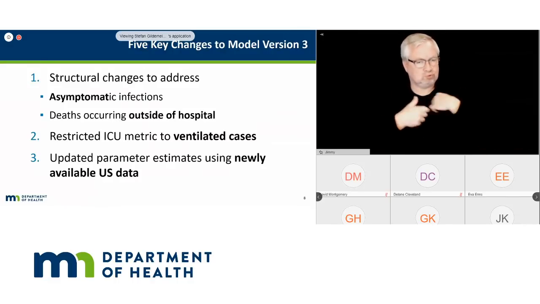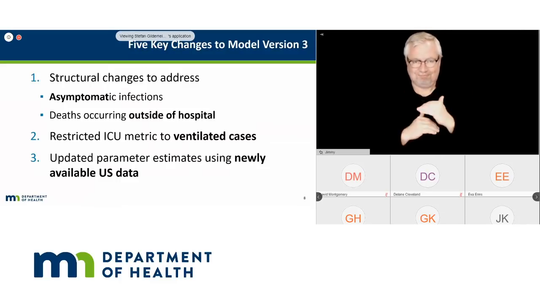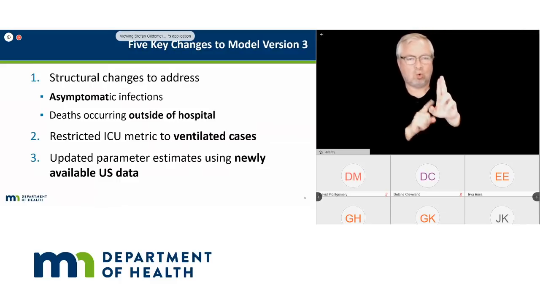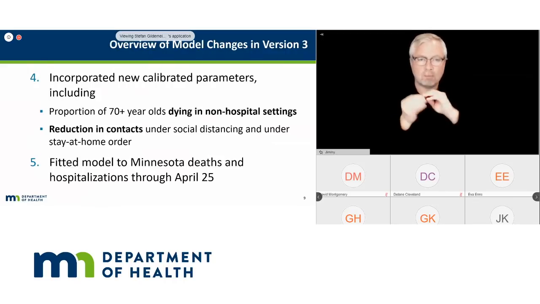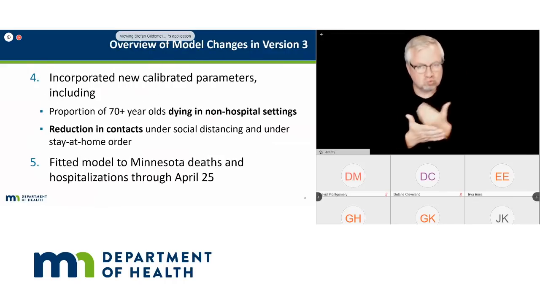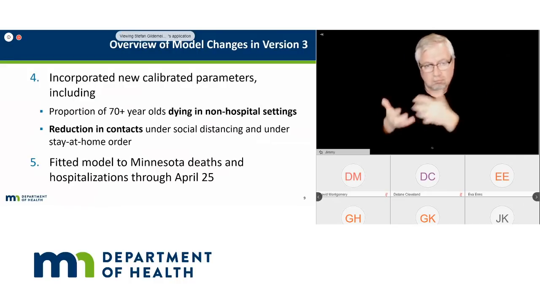We've restricted the ICU metric to only ventilated cases because that is what clinicians tell us matters. We've updated parameter estimates to some US data, and then we've made a number of new calibrations to parameters to make sure that the model reflects as closely as possible the real world,